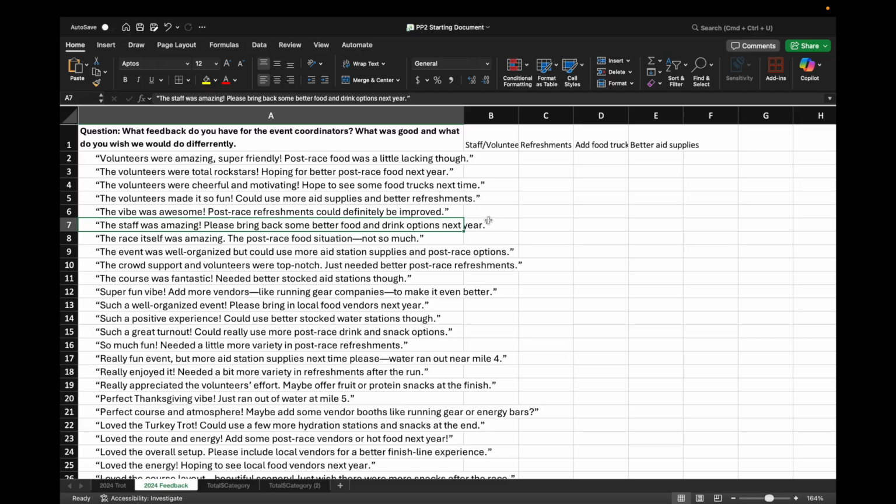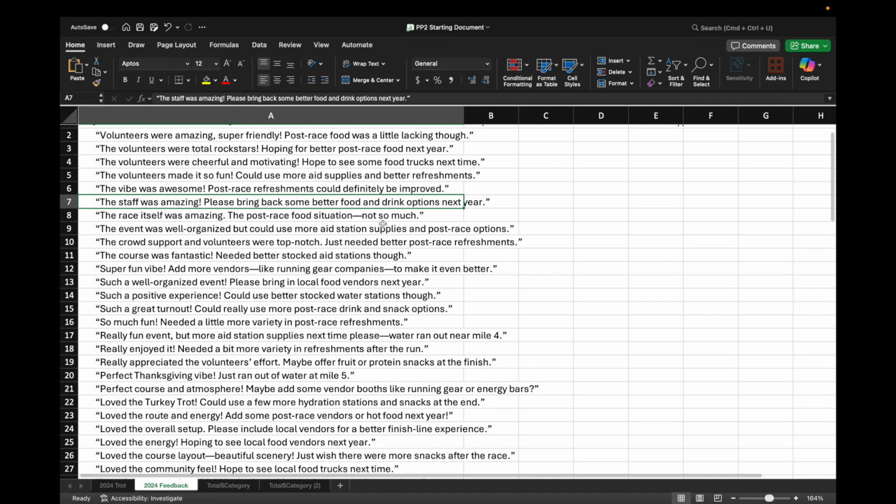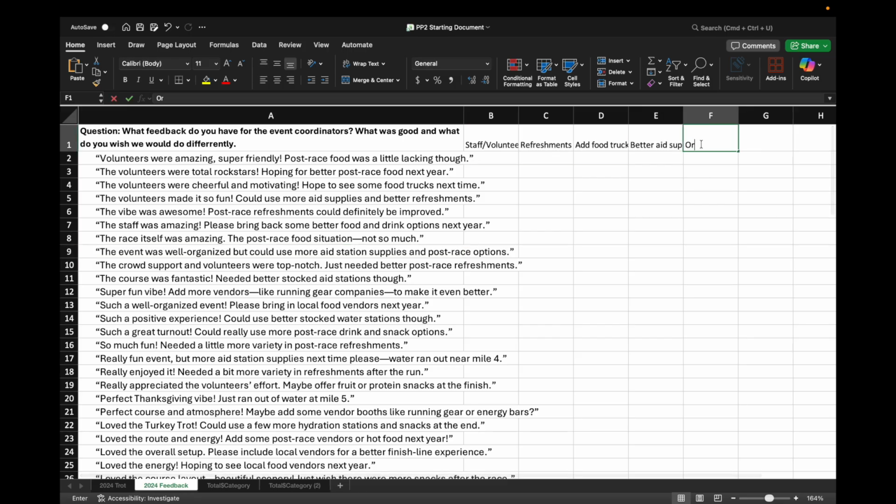Please bring back some better food and drink options. You can kind of see that we're getting some of the same kind of comments. A lot of people were having similar experiences. Race itself was awesome. Post-race food situation, not so much. Event was well organized. Could use more aid stations. So we could also say organization, positive.